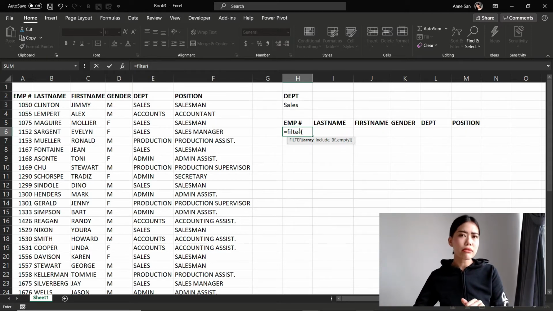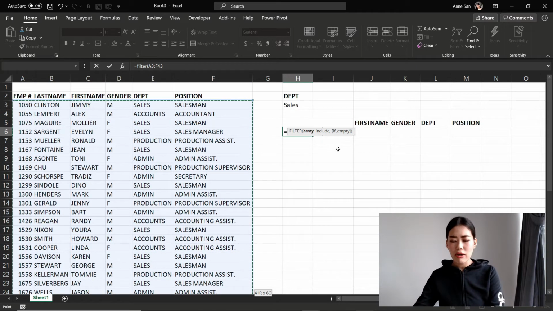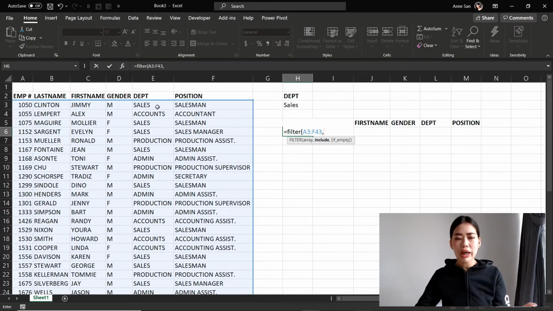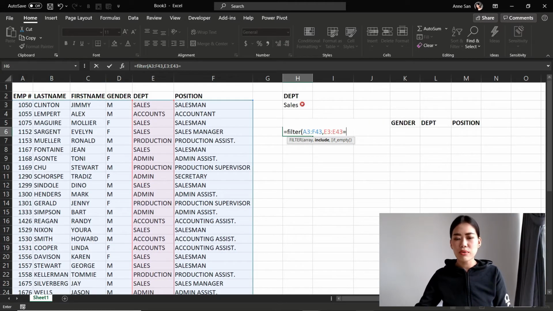So for this array, I decided to select everything that I have, and then I'm going to go comma, which is to proceed to the next one. Our criteria will be based on the department, which has to be equivalent to sales.